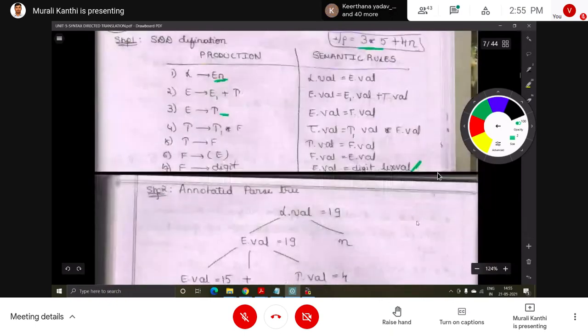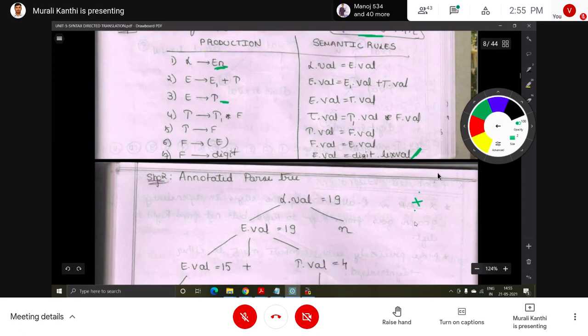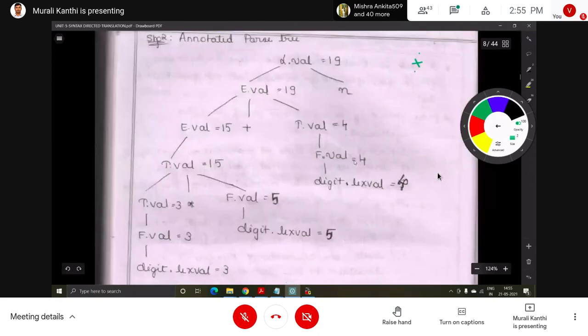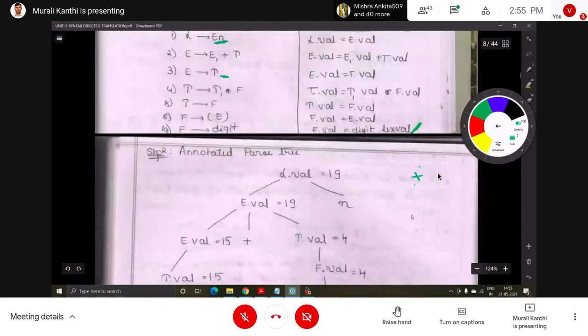Finally, we can write it like this also for that expression. Here, which one is performed first? 3 into 5 is performed. So star, here 3, 5.